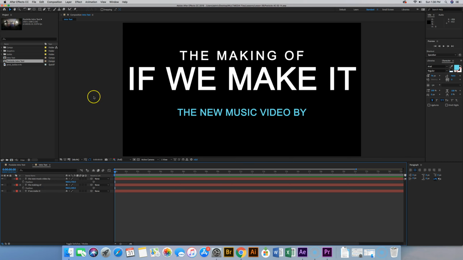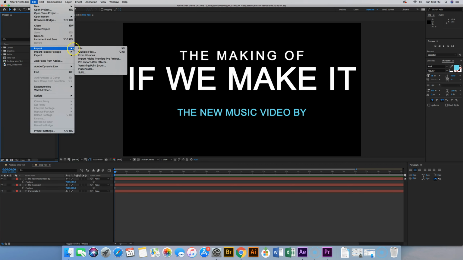All right, moving on to page 15, we're going to learn how to bring Illustrator vector art into After Effects and work with it in After Effects. So the first thing we're going to do is import that logo. From our project panel, we're going to do a file import, and we're going to